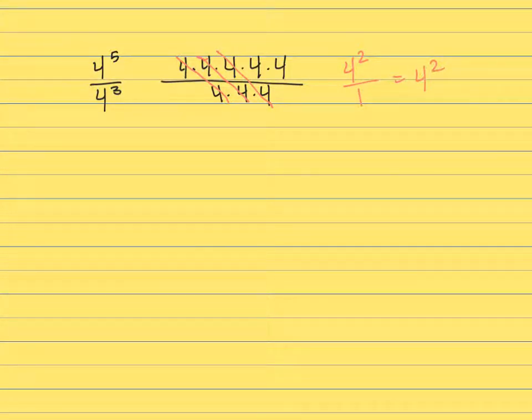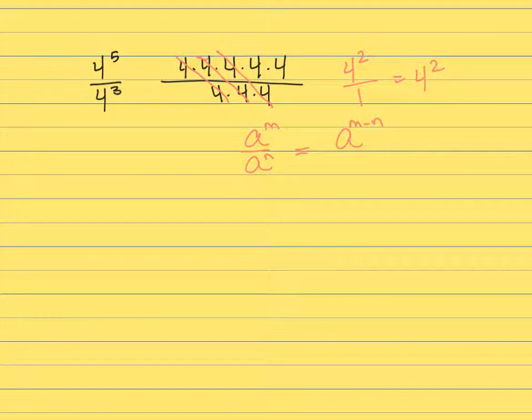Sanchez, are you telling me that if I have division of my bases, let's say my base is A, in this case it was 4 and 4, but whatever the number will be, and I have exponents that are different, in this case 5 and in this case 3, all I have to do is take my base, leave it as a base, and subtract to find the difference between the two exponents? Yep, and that is called the